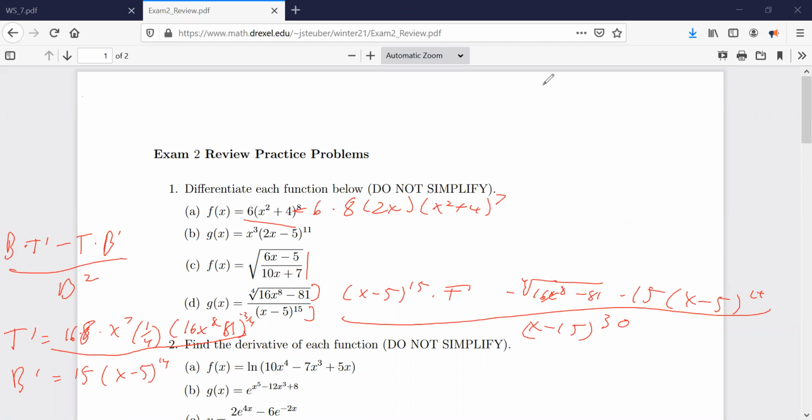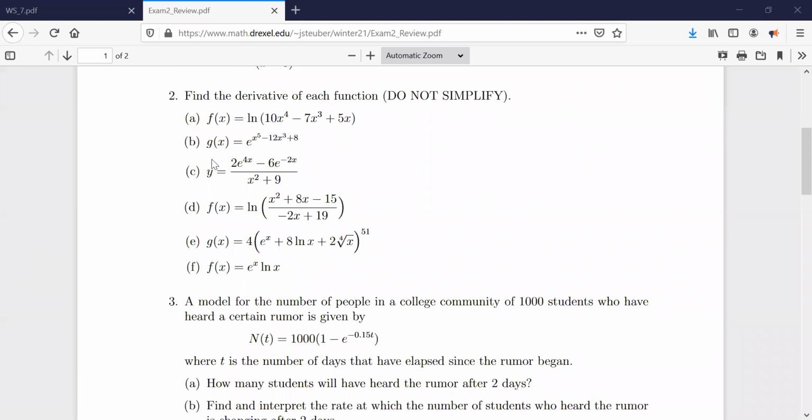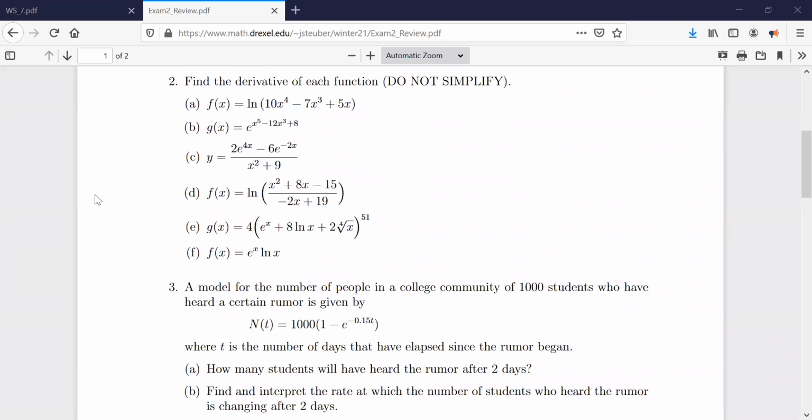Cool. Do people want me to do B or C in particular? If not, I'm just going to jump on to the next problem. Cool. So find the derivative of each of the following functions. I will do